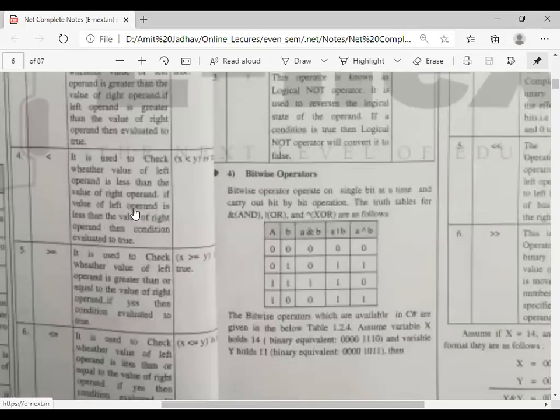Okay, next one is the bitwise operator for performing AND operation, OR operation and XOR operation. So we know the truth table. Here is the truth table. Consider the values A, B, and here A and B, and A or B,